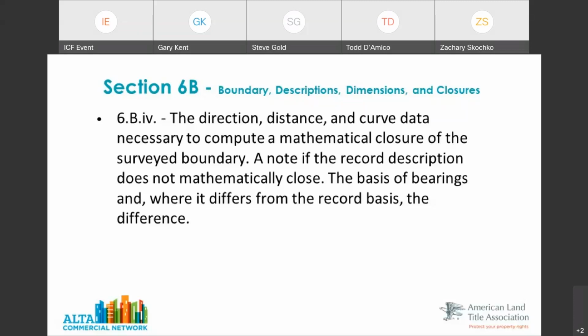So that's important for us to stay in alignment with each other in the profession, but it's also important if the surveyor doesn't utilize the record bearing, then you'll see differences in that bearing along the property lines. And the reason for that would be there would be a different basis for the bearings. The surveyor should have a note to that effect on the survey as to how they determine that, what basis they used. So that's also written in the body of the standards.